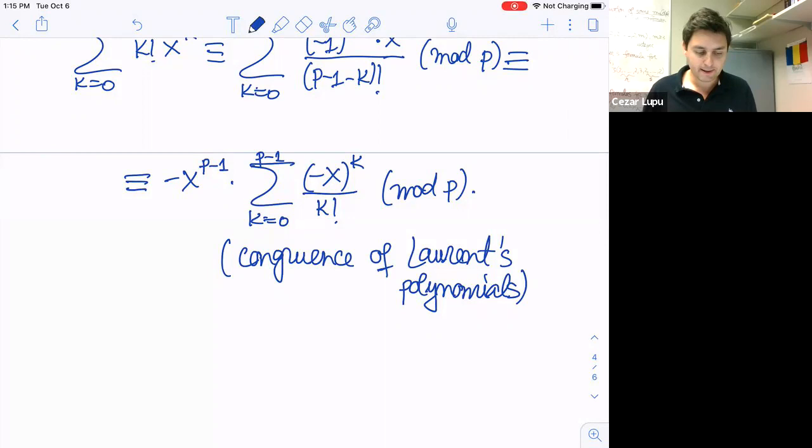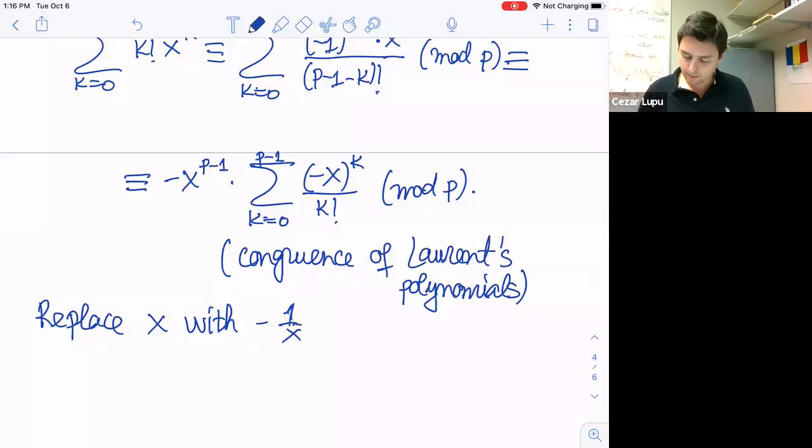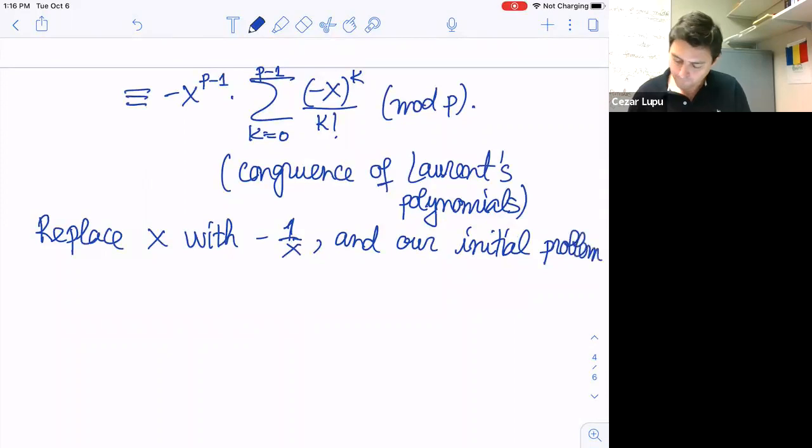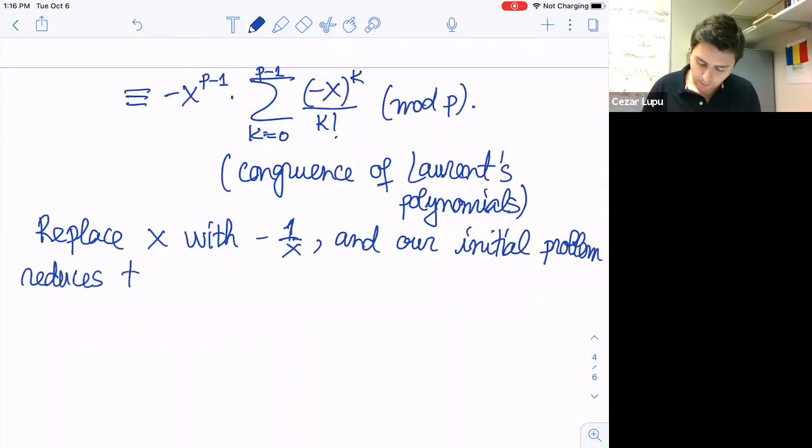So now we're going to replace x, let's say, with negative 1 over x. And our problem reduces to showing that the polynomial